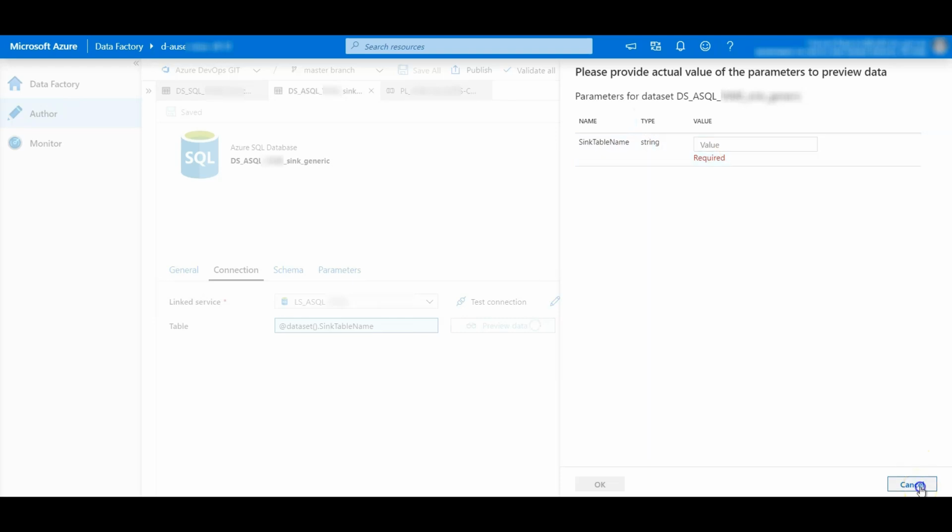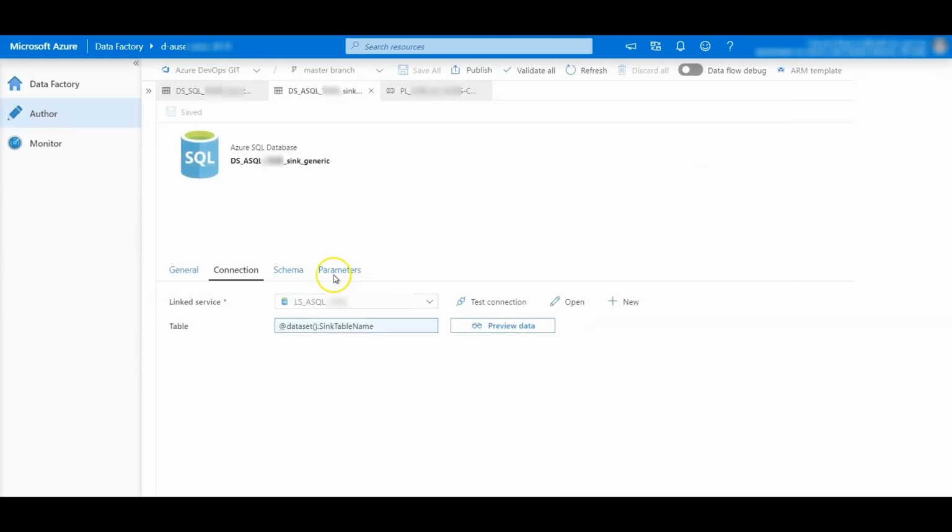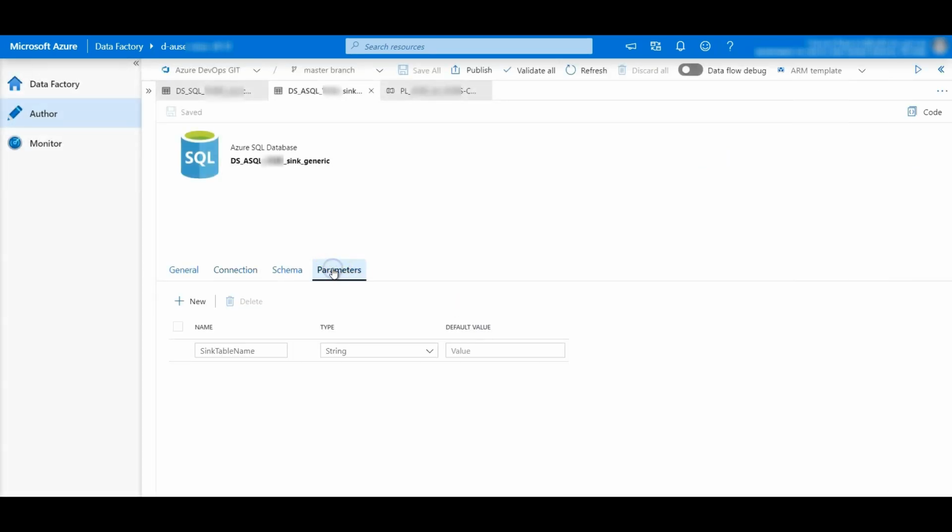Alright, so if I go to the parameters tab here, I'll see the sink table name is defined and the type is string, and a value has to be provided once I call this data set in a pipeline. Alright, hope it is clear till now. So let's go to a pipeline and see how the copy object works there.